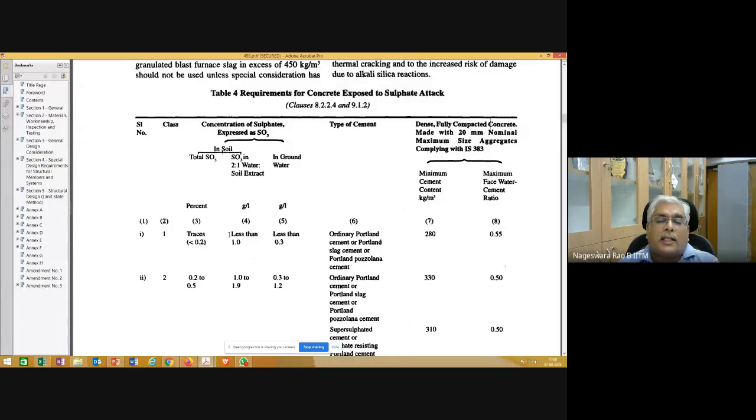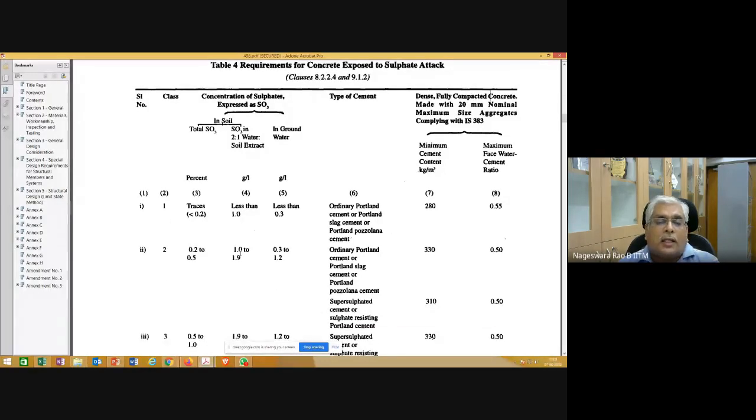The details of that are not in the purview of this course, but you can see more details in some advanced courses. But once you are able to get the amount of these sulfates in the soil as well as groundwater, then you can see here under what situation what kind of cement has to be used.